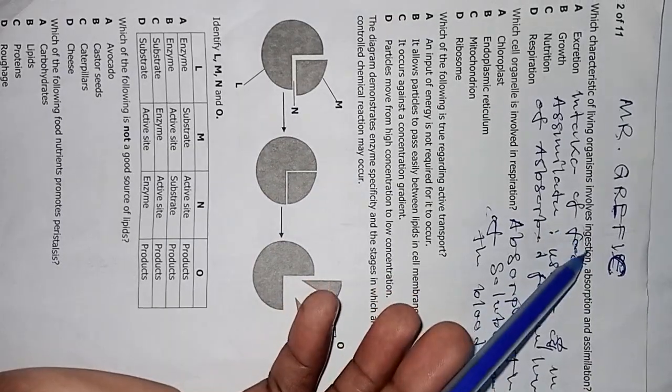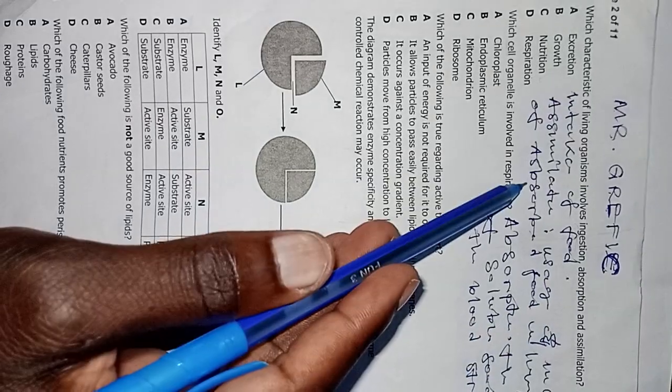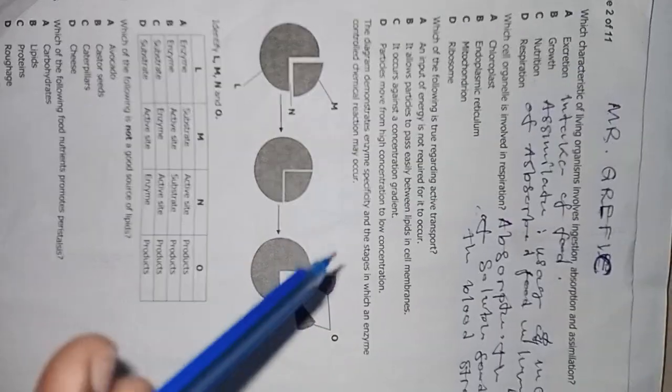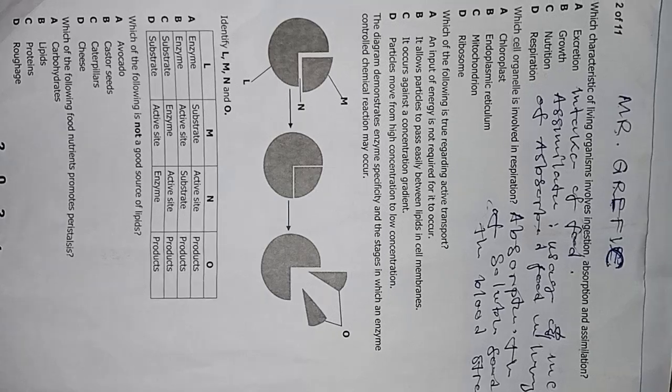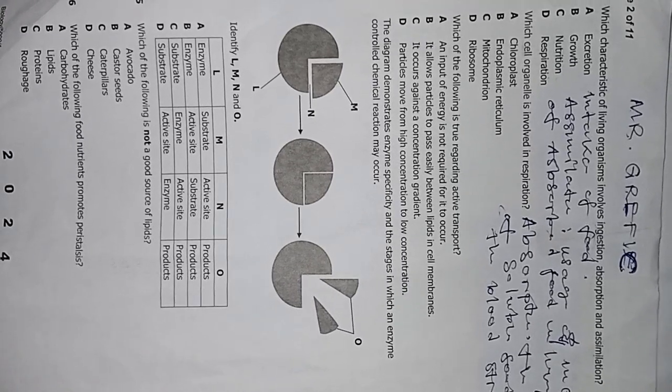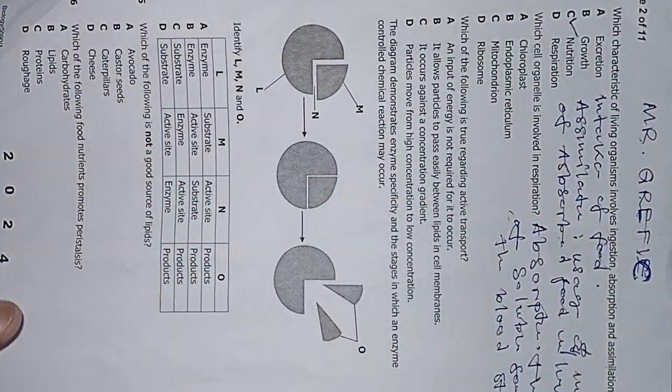Now, we know that nutrition is feeding, meaning they are asking which of the characteristics involves intake of food, it is nutrition; absorption of food, the uptake of the soluble food into the bloodstream, it involves nutrition. Also assimilation, which is the usage of those foods which have been taken in. Hence the best answer there was nutrition. Number two,